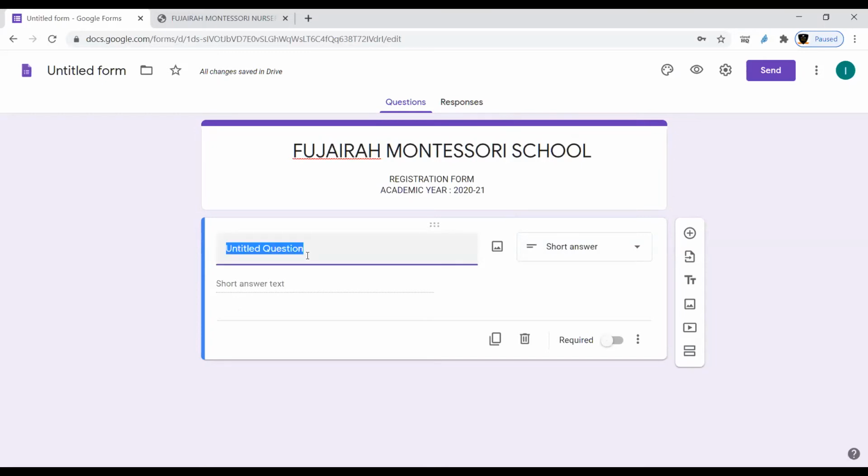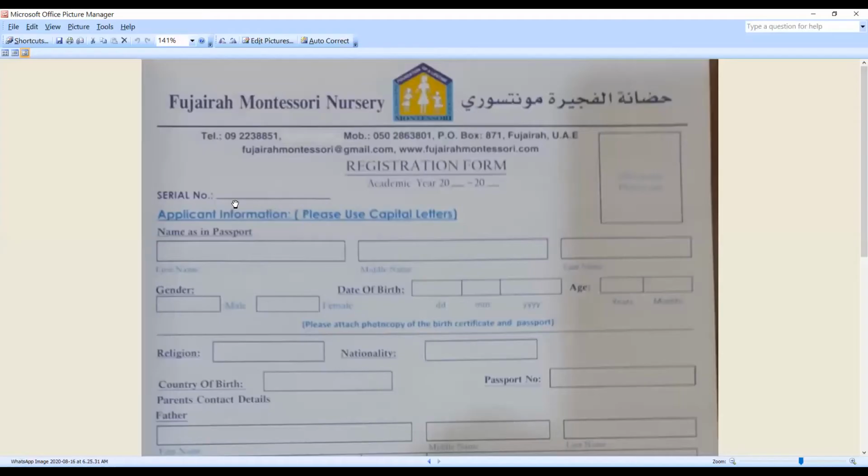So the very first part of your form is, so this is your form. The very first is serial number, and then name as in the passport, and then gender. These are the fields that you want from your parents or student.